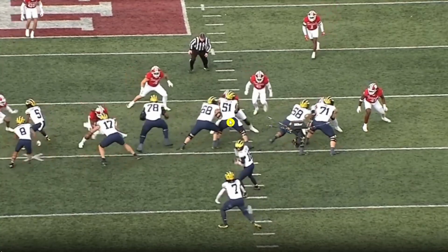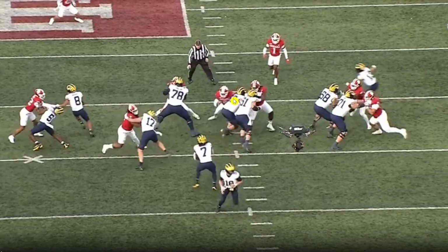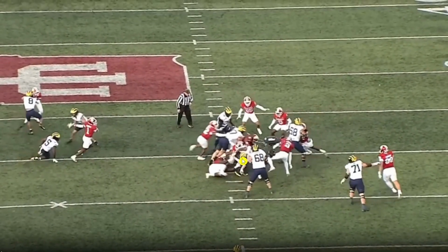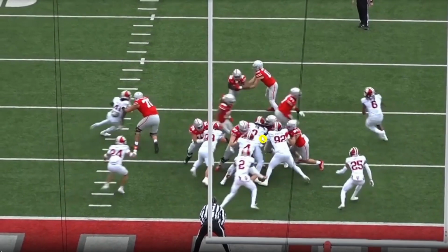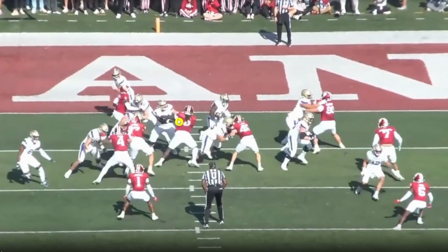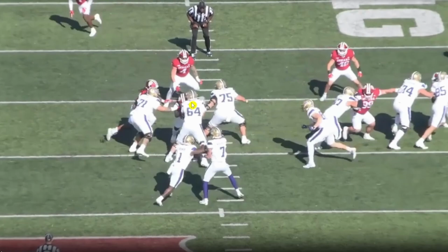So having that ability to hold the point of attack is crucial here. And again, he holds long enough on this combo block that the lineman cannot get to the linebacker at the second level. He's able to disrupt the play, and then West is there to help clean up. So when you can handle these doubles, it allows these guys to scrape around, get to the outside gap, and make plays. And his balance is exceptional. He has great extension like he does here, and you see him be able to get off blocks as well, especially on these combos where he is not